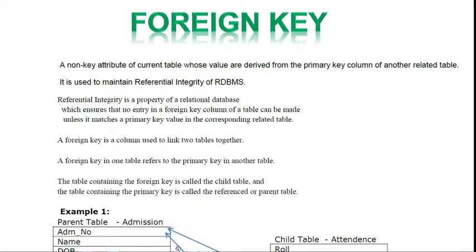If you are using foreign key, means two or more tables are connected. It provides you the referential integrity to avoid any wrong entry.